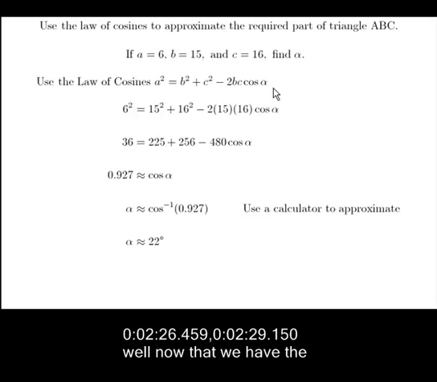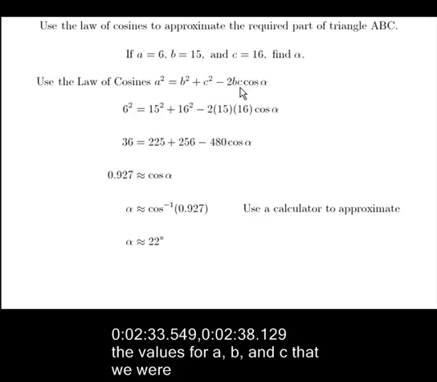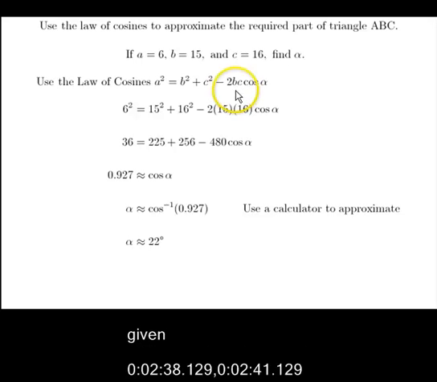Well, now that we have the correct equation, we can substitute the values for a, b, and c that we were given into the equation. We have a equals 6, b equals 15, and c equals 16. Simplifying this equation and isolating cosine of alpha,